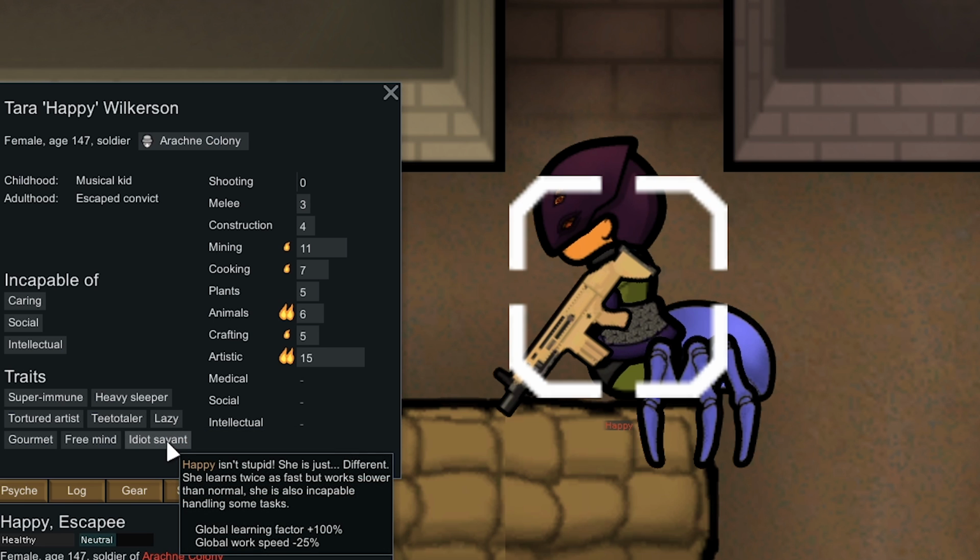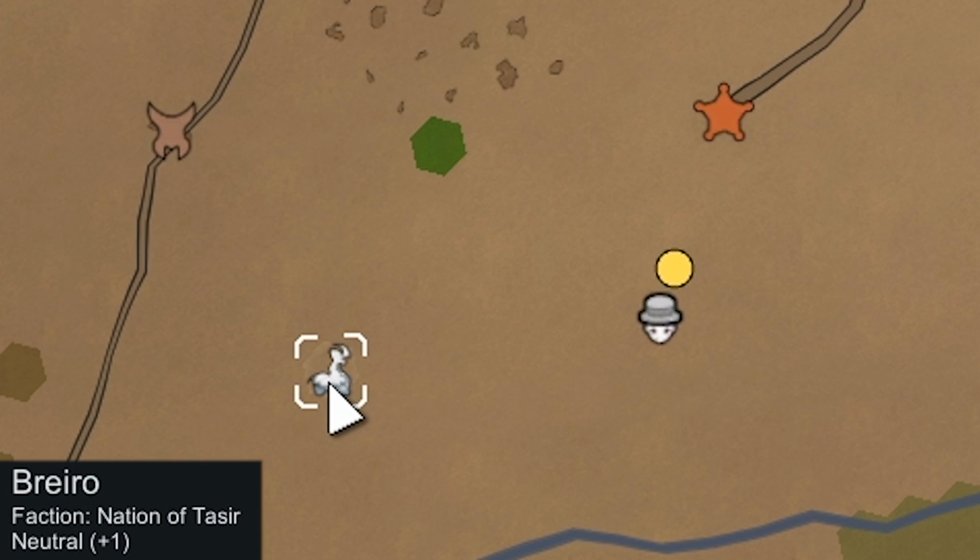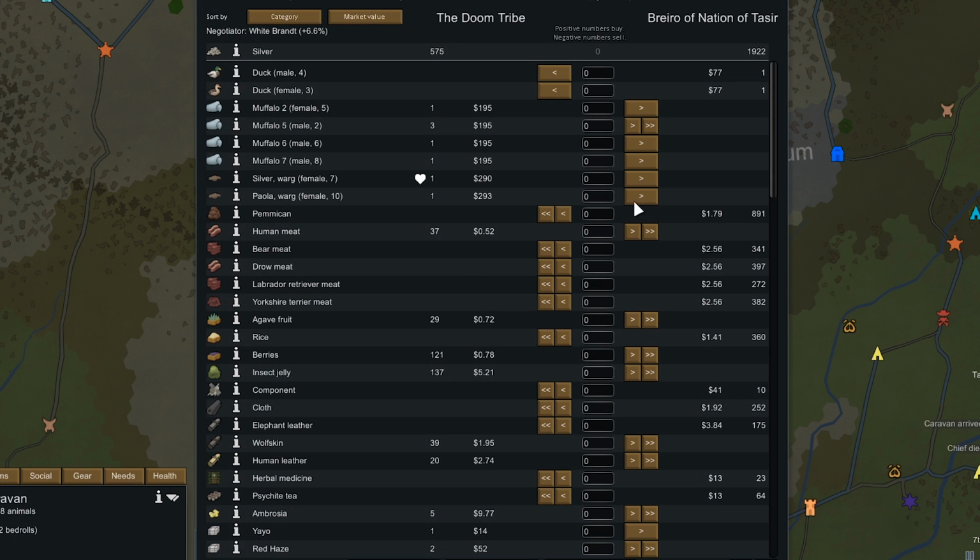It makes her learn quicker, but lowers her global work speed by another 25%, so I really feel like she wouldn't be worth it. So yeah, we decided to save our Psychic Lance, and we're gonna keep moving on to this Thrombonian colony, who, by the way, are neutral, so we will trade with these guys first. They do have 1900 silver. We're gonna dump off this